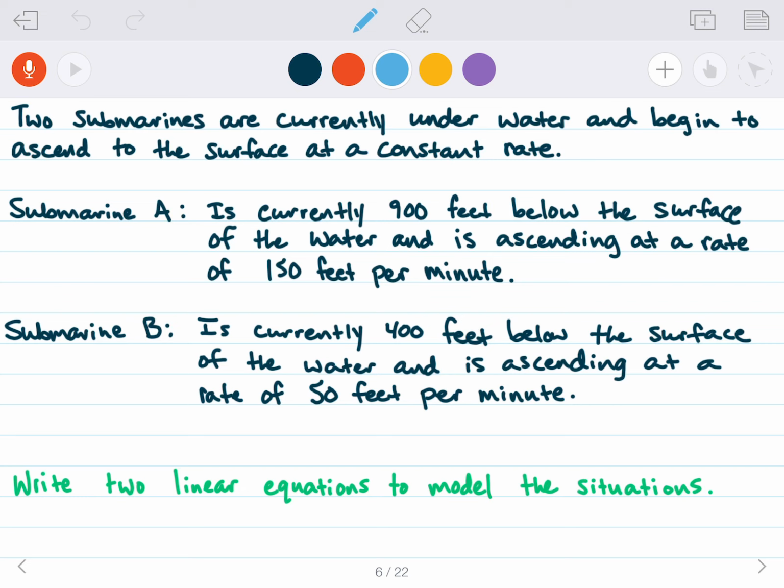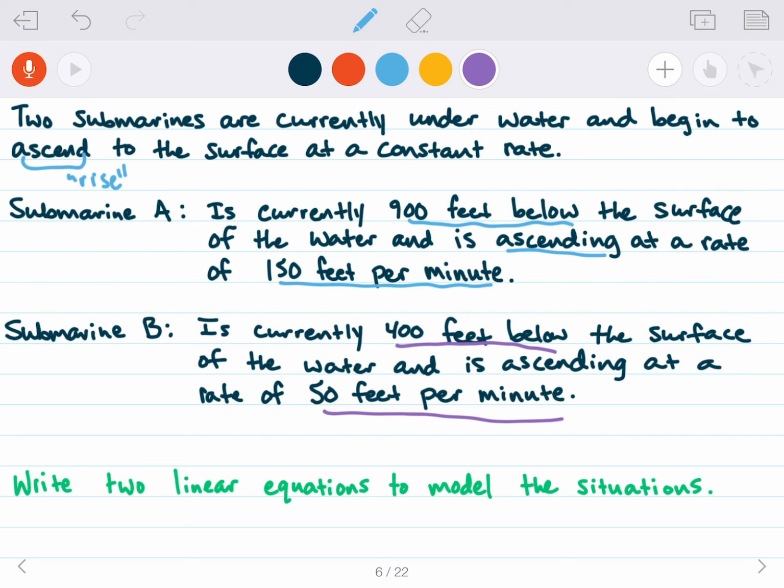problem. Anyway, 2 submarines are currently underwater, and they begin to ascend, aka rise, right? Rise to the surface at a constant rate. Sub A is currently 900 feet below the surface of the water, and it's ascending at a rate of 150 feet per minute. Meanwhile, sub B is 400 feet below the surface and is ascending at a rate of 50 feet per minute. And so both of these situations are linear because we're rising at a set amount per unit